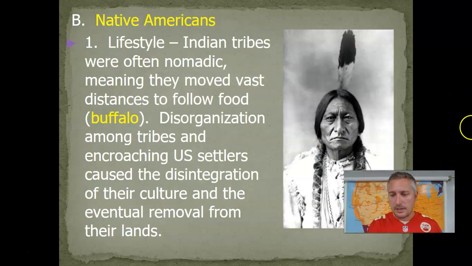The final part I want to talk about today is something I've alluded to a couple times, and that is the plight of Native Americans during this period. Now, of course, even before white settlers had arrived from Europe, Native American peoples had been here for thousands of years, and in some ways, they were living very similar lifestyles to how they had for those thousands of years, even by the time Europeans arrive, and by the late 1800s when Americans are starting to move west. Vastly different culture, a lot of barriers, language, just even cultural emphasis.